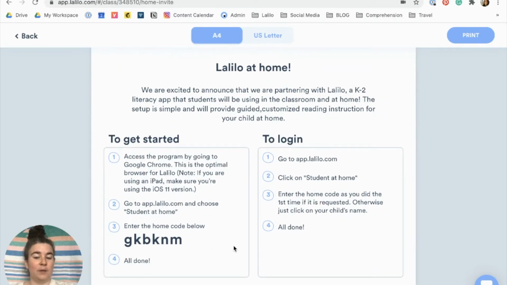They have all the information that your students' families will need to help them access Lalilo at home, including their individual home access code. Students will enter this home access code in when they click on Login and choose I'm a student at home. This will allow them to go straight to their own individual Lalilo account and get started